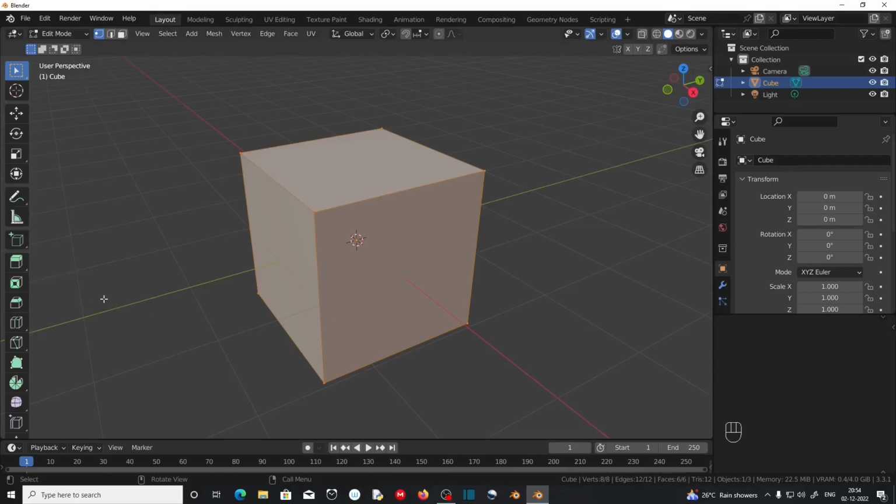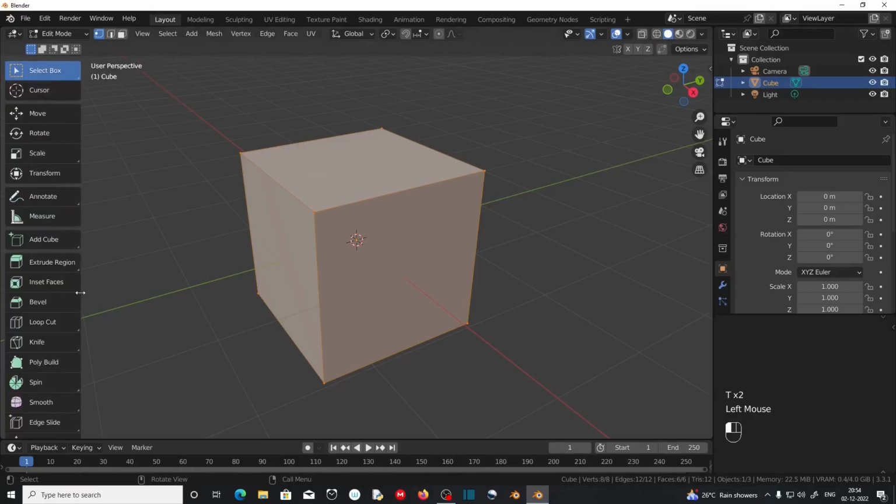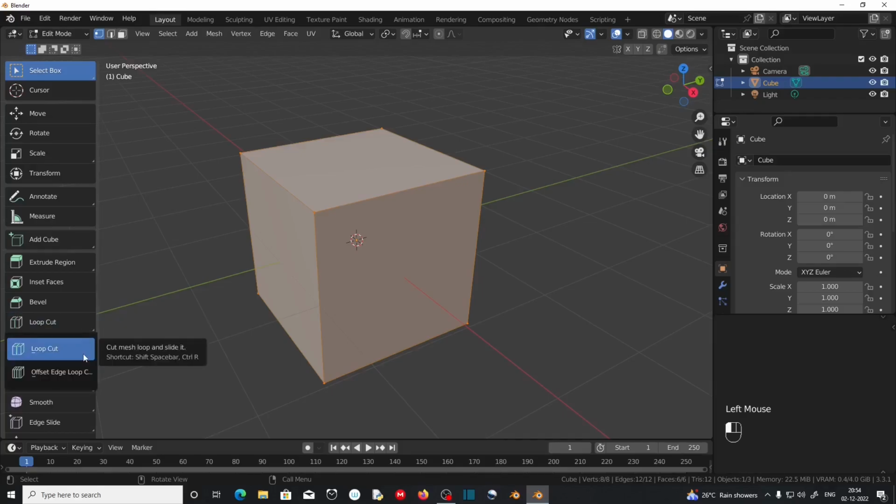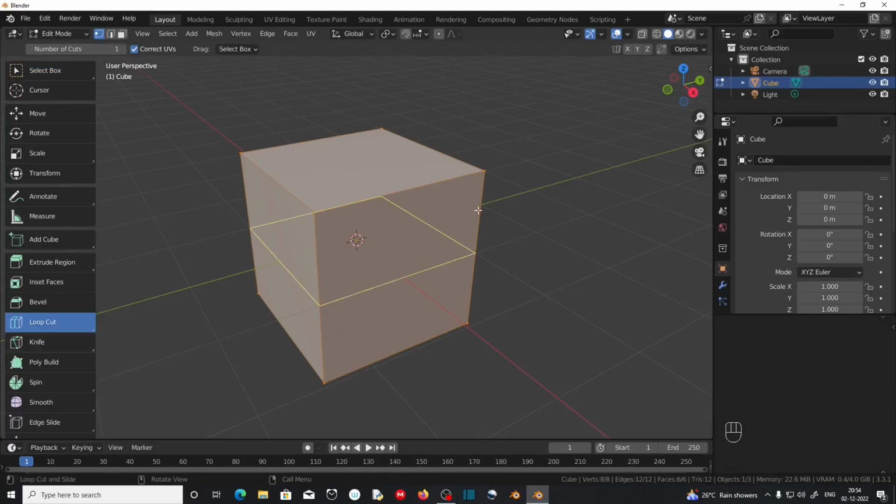If you don't have this, you can press the T key to toggle this toolbar on and off, and I'm going to expand it like this. Then there is the option called loop cut. As you can see, if I left click and hold, there are two options, loop cut and offset edge loop cut. If I select the loop cut tool and hover the mouse cursor over the edge or faces